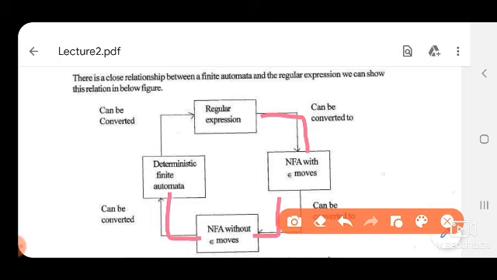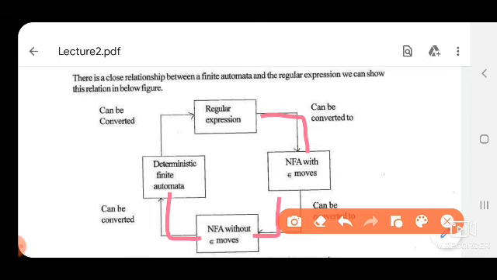From a regular expression, there is an algorithm which converts a regular expression into an FA with null moves. Thereafter, from an FA with null moves, we remove null transitions, so we get an FA without null moves, and from an FA without null moves, we finally get a DFA, and from the DFA, if there is a possibility, we minimize it.